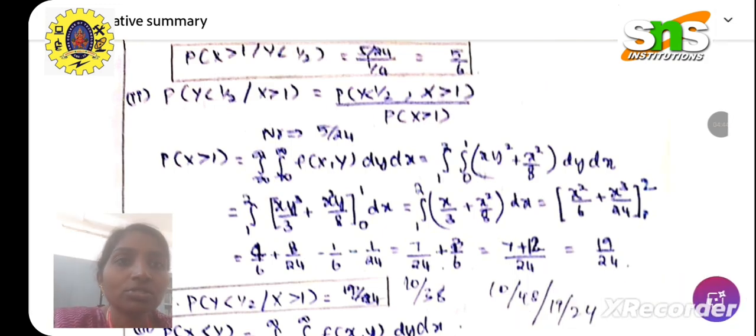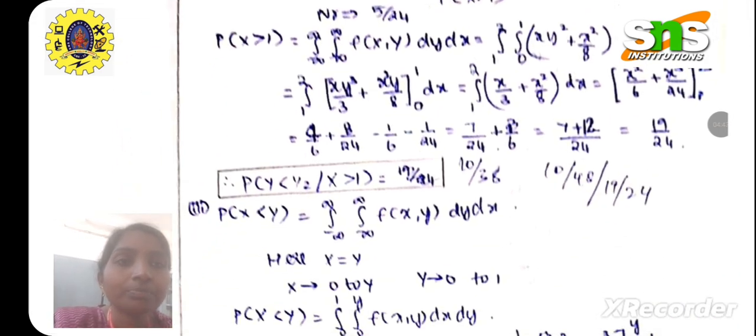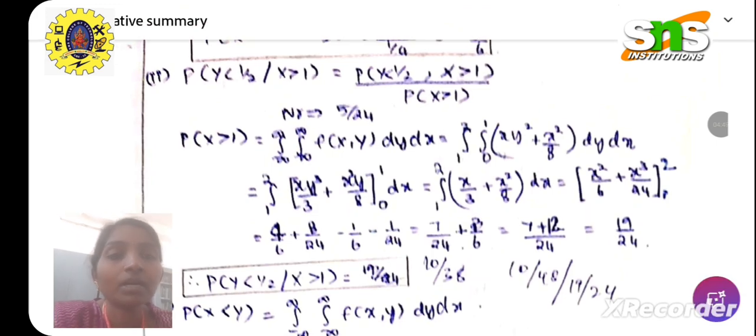Now moving on to the second question. We have the same conditional probability here also. It is given y less than 1 by 2 given x greater than 1, which means we take the intersection of both on the numerator, and the denominator value is probability of x greater than 1. Since the numerator is similar to the previous problem,